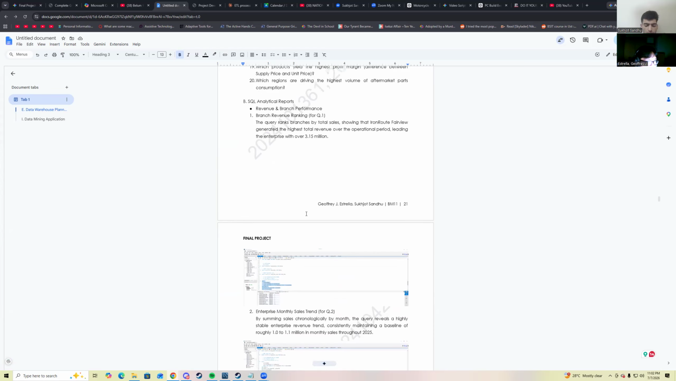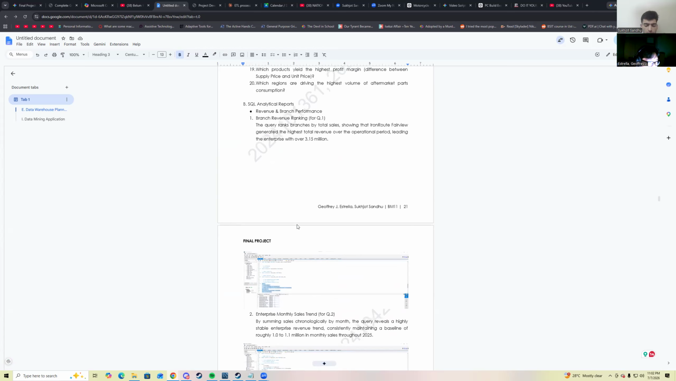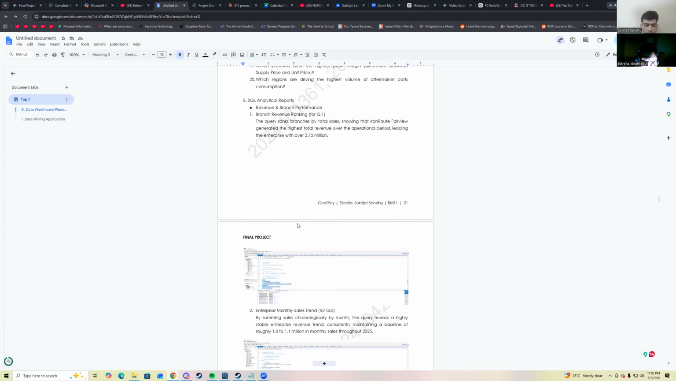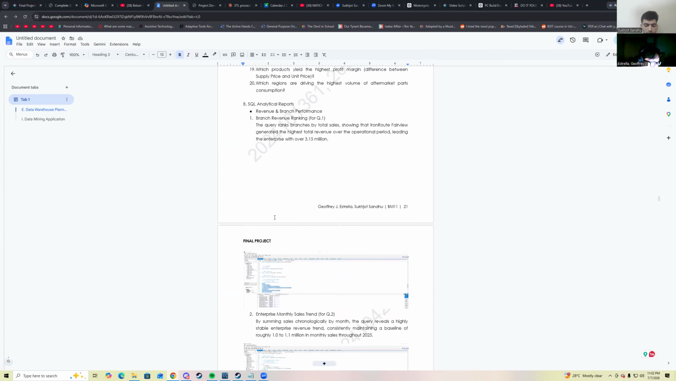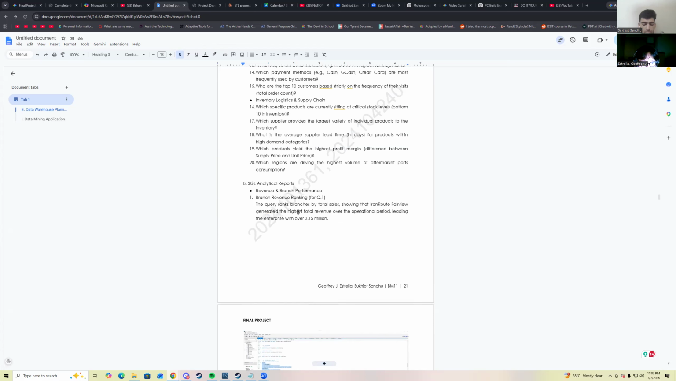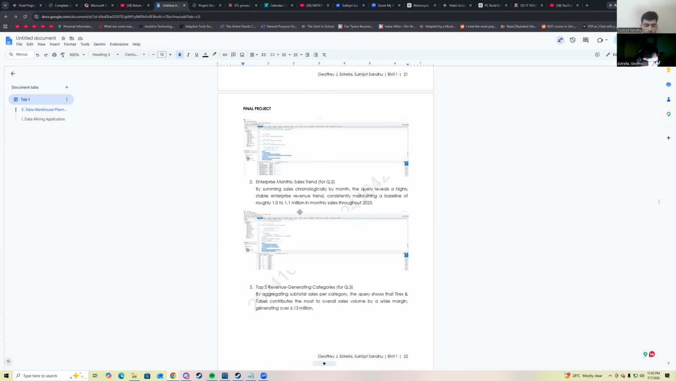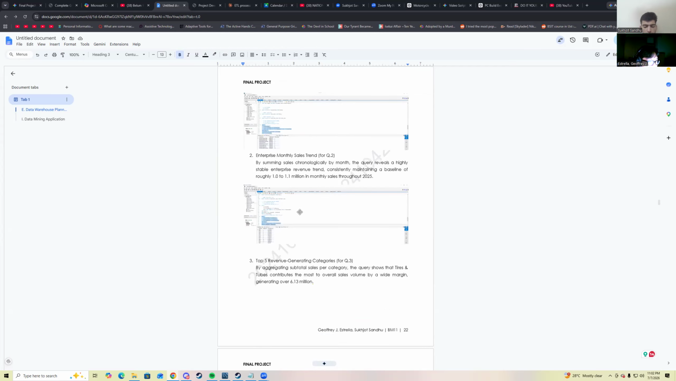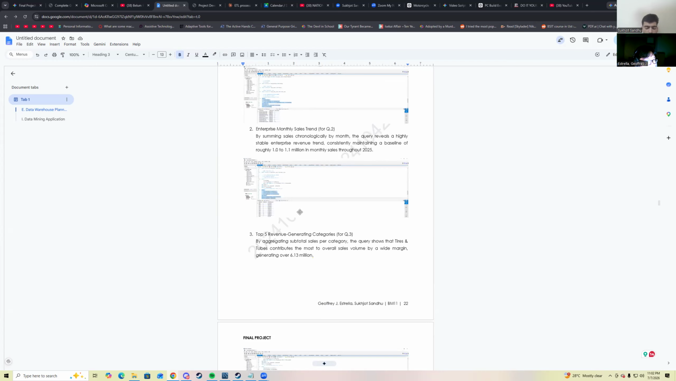Starting with the revenue, the Fairview branch is our undisputed leader, pulling in over 3.15 million enterprise-wide, and our finances are incredibly stable. We consistently hit a baseline of roughly 1 to 1.1 million monthly sales throughout 2025. What is driving this is tires and volume,